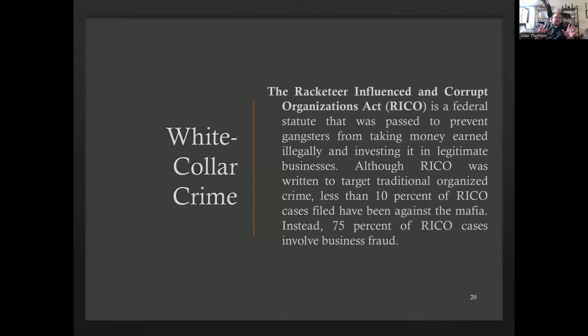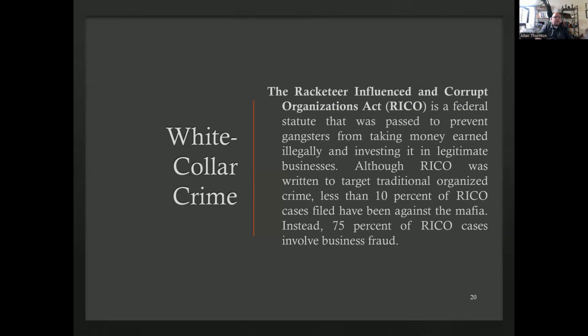The goal was to get those people to turn state's evidence on the next one up, and the next one up, until they got to Mr. Trump, so they got to President Trump. That was the goal that they had set up there, and it was working. They had people who were turning state's evidence. It's used for those type of things.